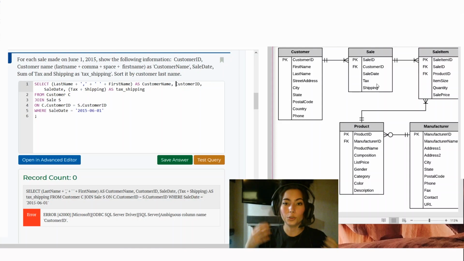So it needs us to explicitly say, I want you to pull information from either customer entity or sale entity. And remember that we've made aliases right here, S and C,